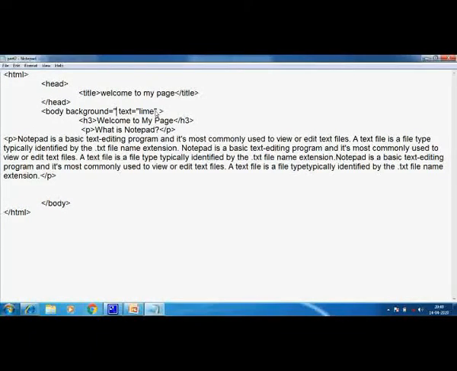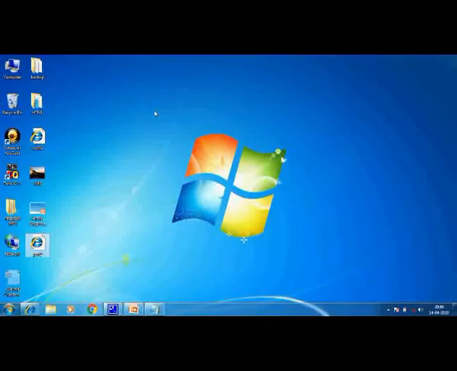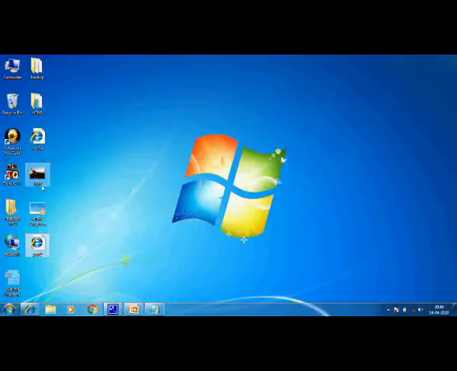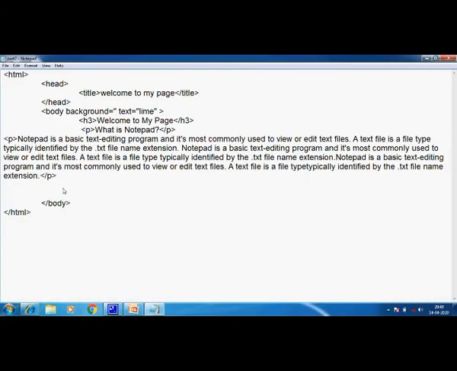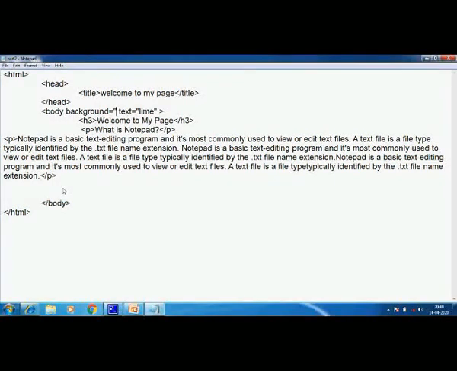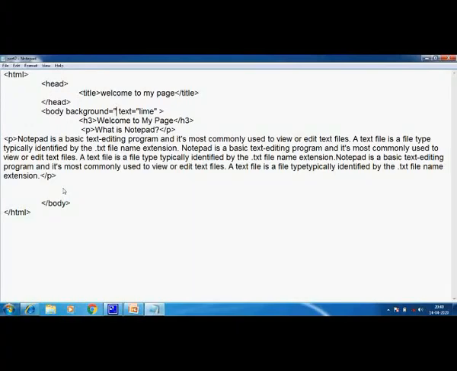So which image we'll put? Let's see we have an image or not. We'll see the desktop, we'll check it out. Okay, I have an image. Here it is. This image file name is light, right? Okay, so I'll have this image as a background of my page. Now children, when I talk about the background of the page, that means it will appear at the background of the text, and the text will appear on the foreground of the image, on the top of the image, right?